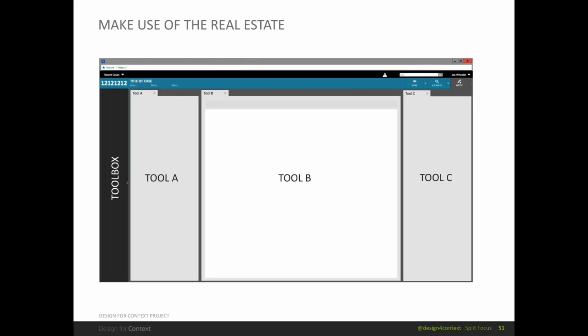We're starting to move towards thinking of applications as being comprised of modular components that can be resized and repositioned. In this illustration, there's a side panel and then several independent tools open side by side. And each of these tools is a gadget that can resize to being narrower or wider. This is basically responsive design, but it's treating each modular area of the UI as its own separate responsive design